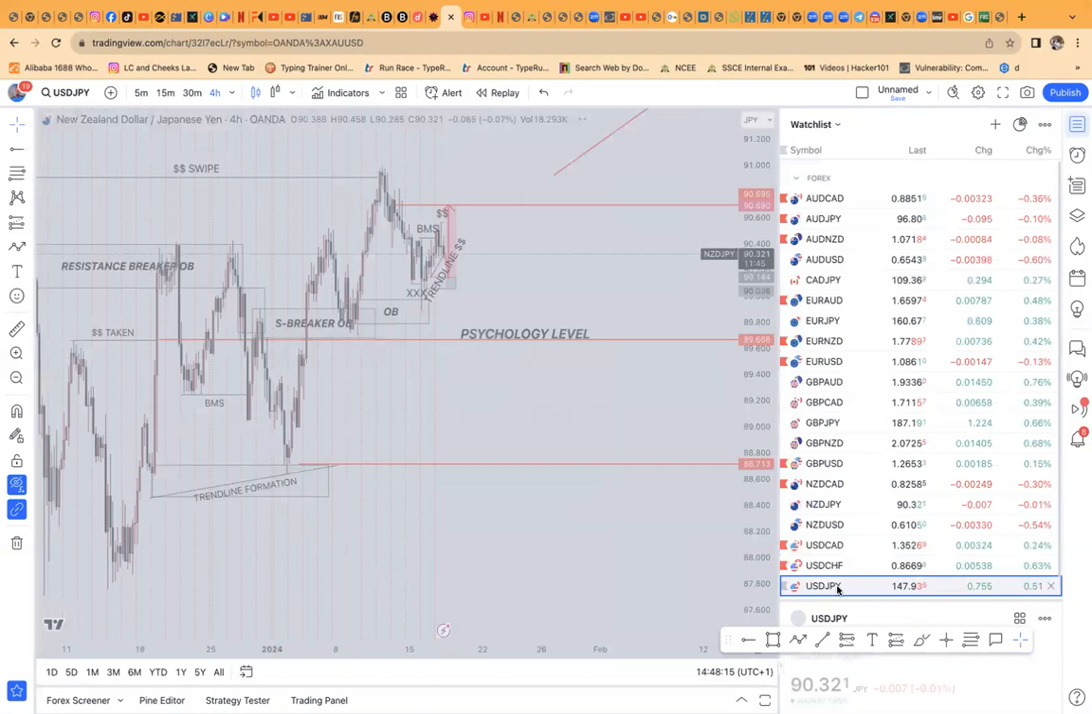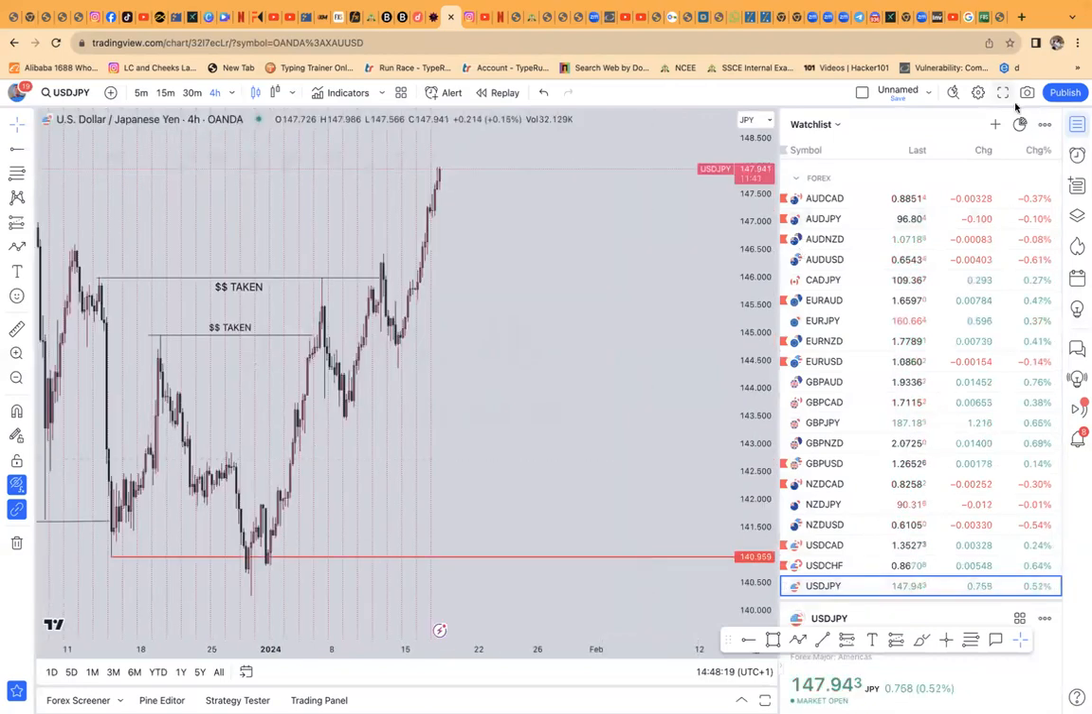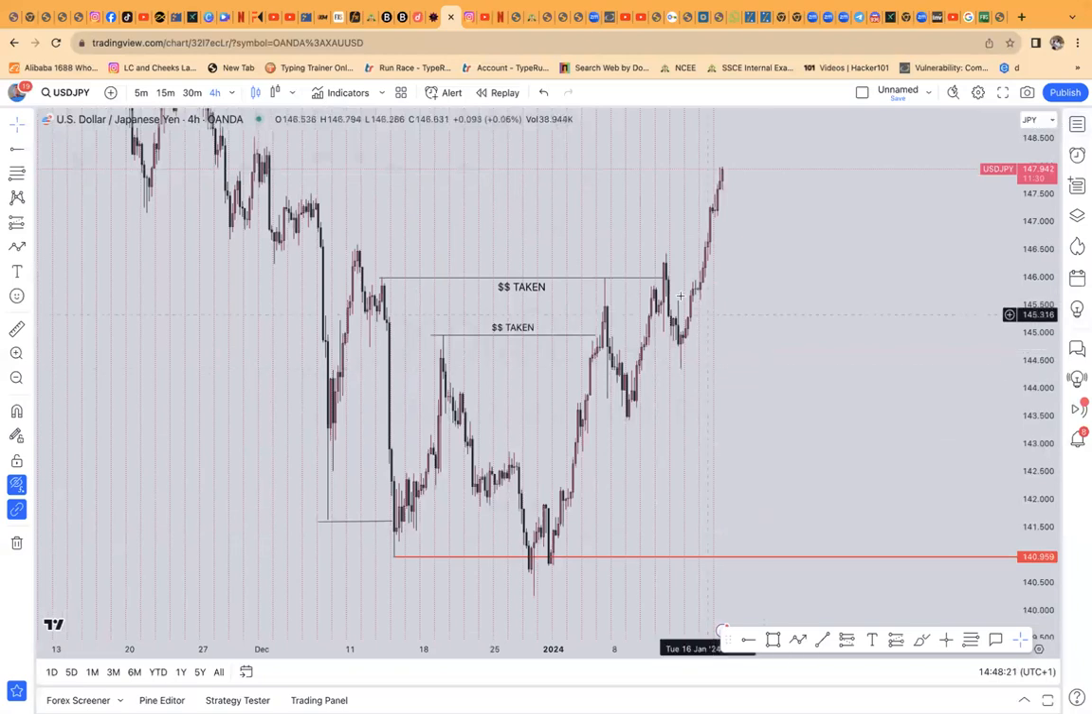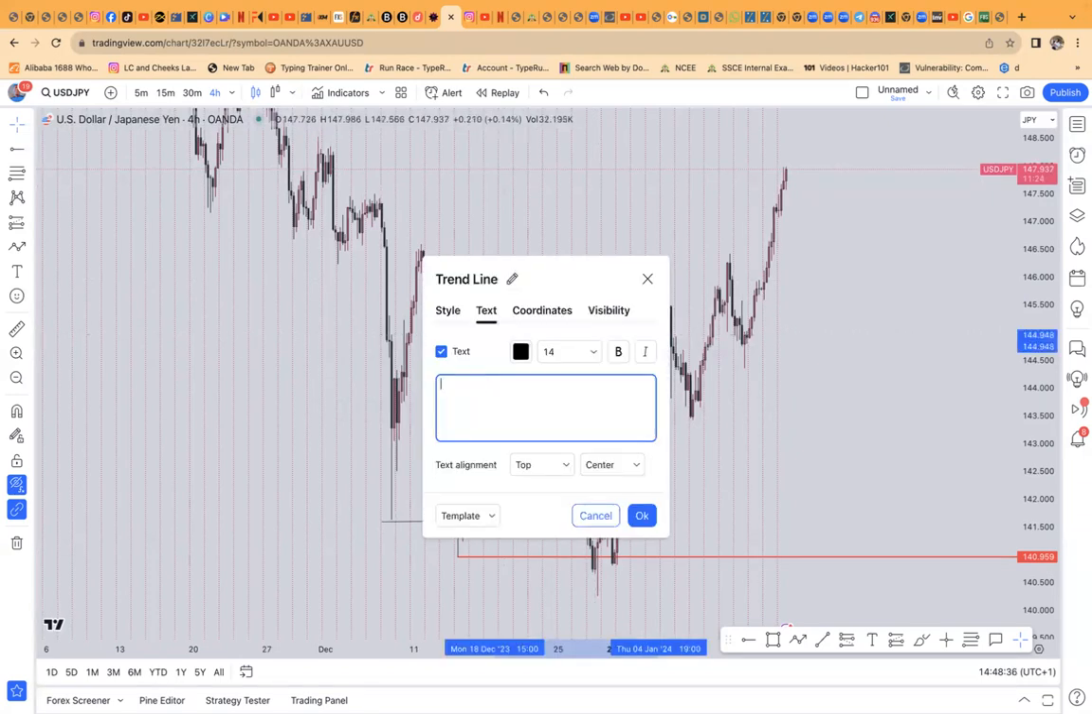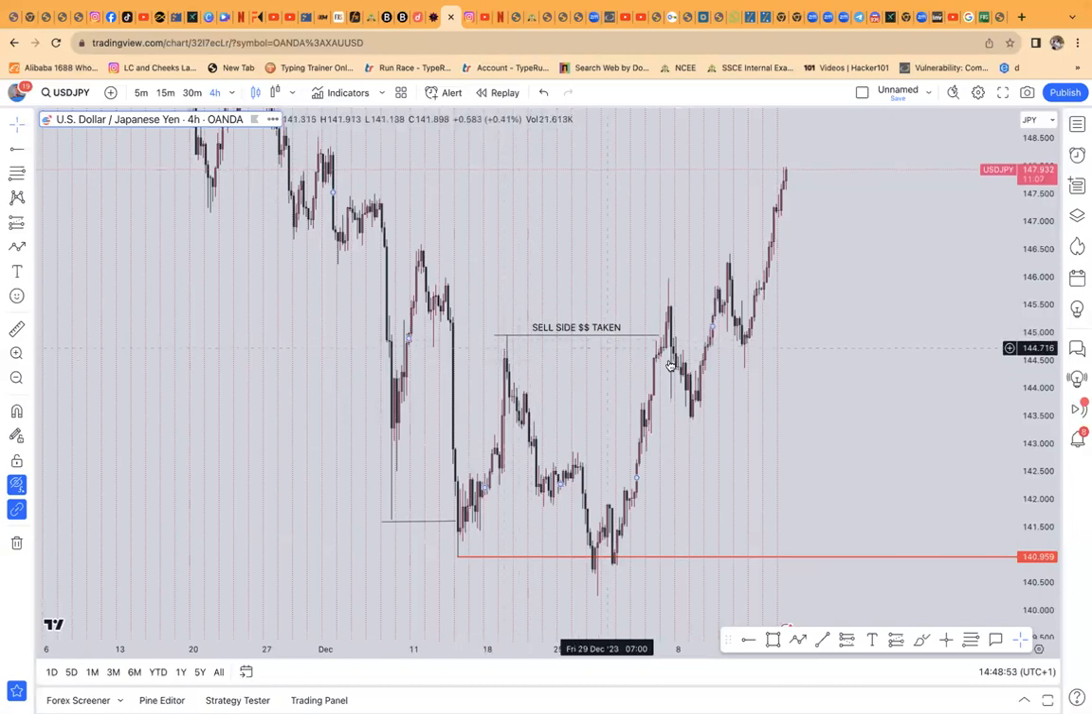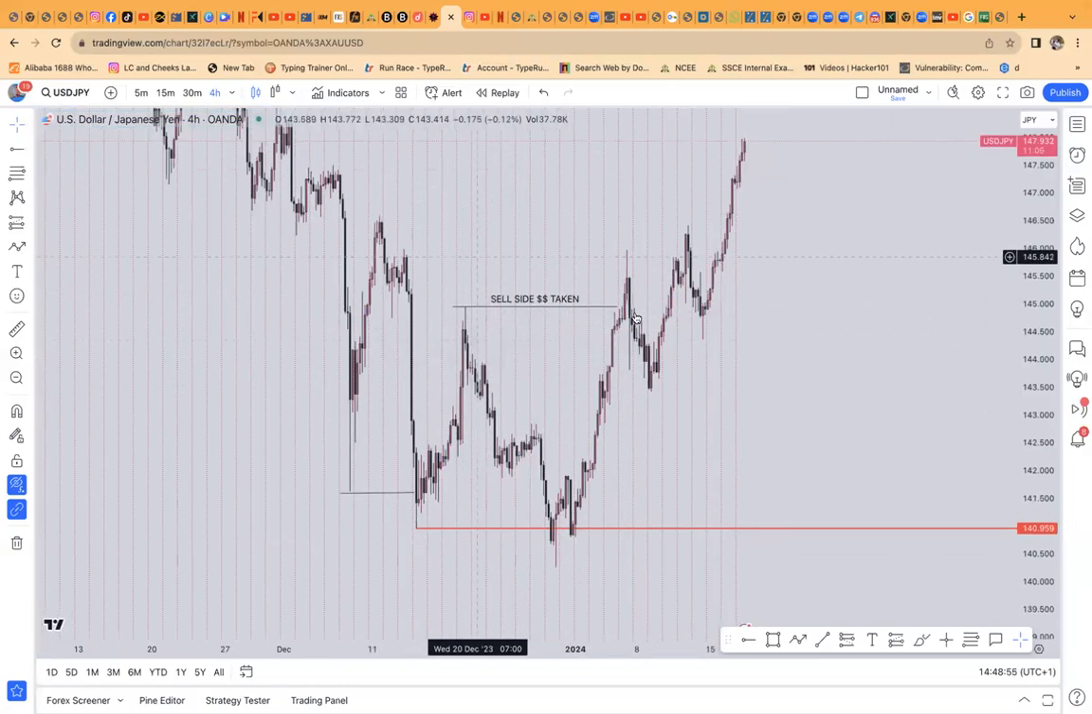Let me check USD JPY first of all. Yeah, still explaining on this one. So hence we have this high that price has taken, right? This high that price has taken, liquidity taken. And sometimes what I do is call it my sell side liquidity taking. That means we are supposed to be selling from this zone, but price took our liquidity, went down,